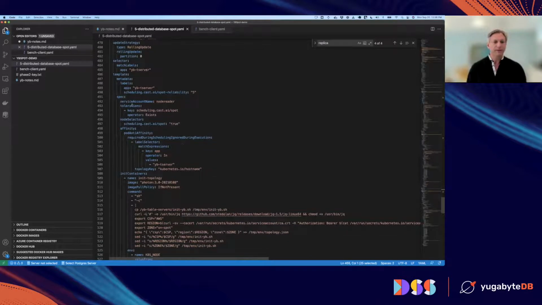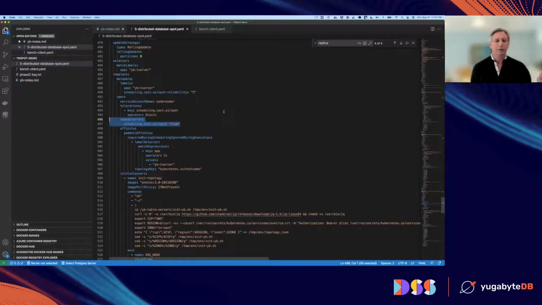The first piece is this toleration that you see on line 493. What this toleration does is it tells Cast AI that if there's an opportunity to run on a spot instance, I will tolerate running there. It doesn't force the pod onto a spot instance, but it says, hey, I'm okay to run here. The second piece, this node selector, enforces the rule. It says, no, it's not only that I'm okay to run on a spot instance, but I must run on spot instances. So if this node doesn't have a scheduling label on it for spot instances, I'm not going to run. So these two in combination really force these